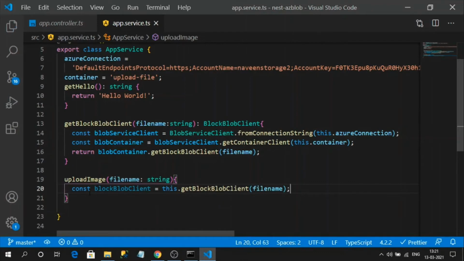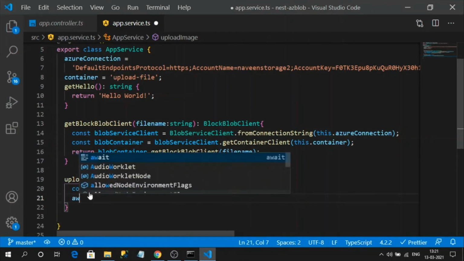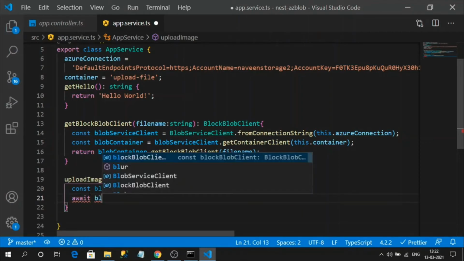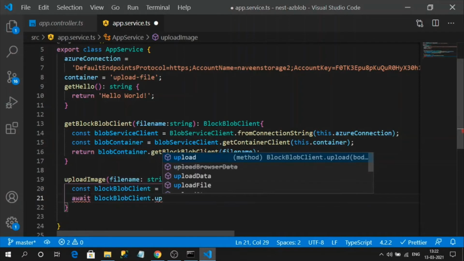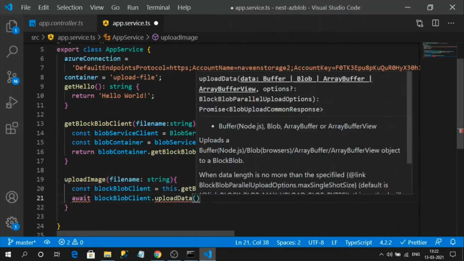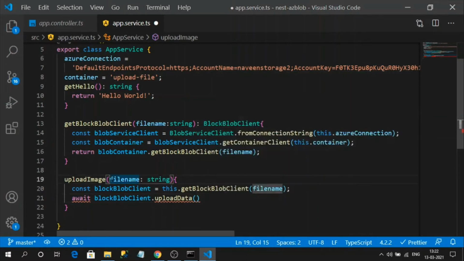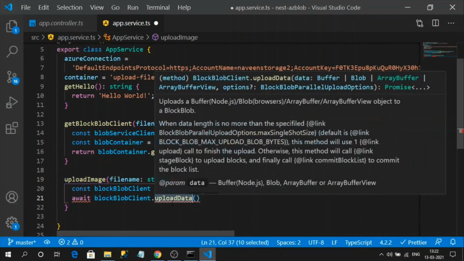Once we have this setup, let's invoke, asynchronously, blobClient.uploadData. This uploadData requires a buffer, which means we should have a buffer input here. This upload method will be used by the controller, so the controller should give the image stream uploaded by the client into this method, so that the buffer can be passed through uploadData. This is our plugin library method that has the capability to upload a buffer, meaning any file data. So to do that,